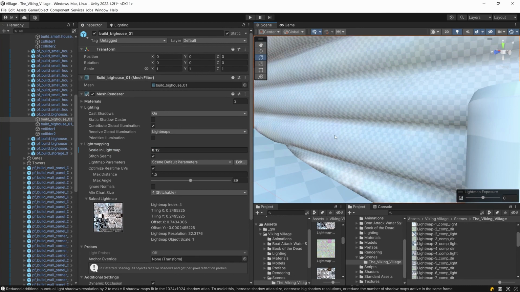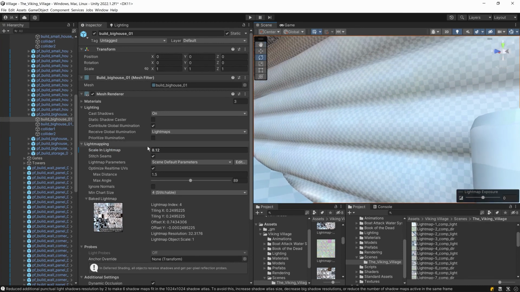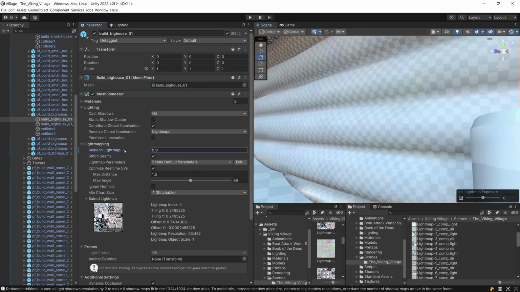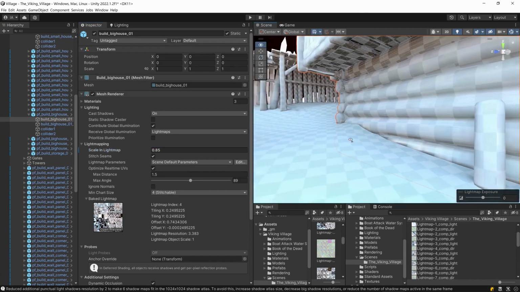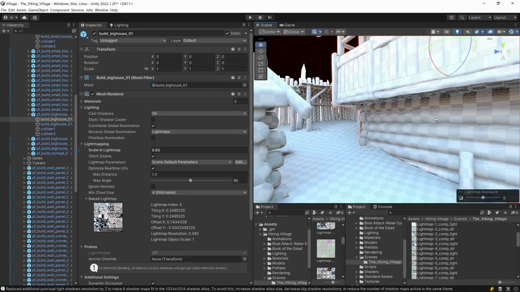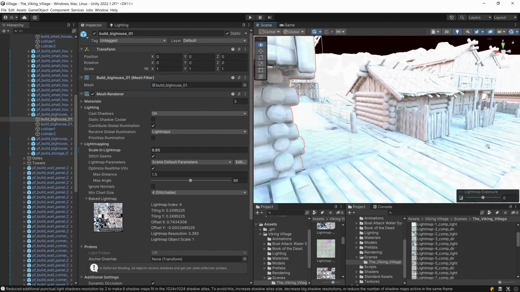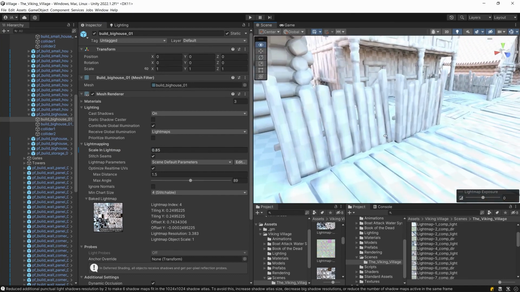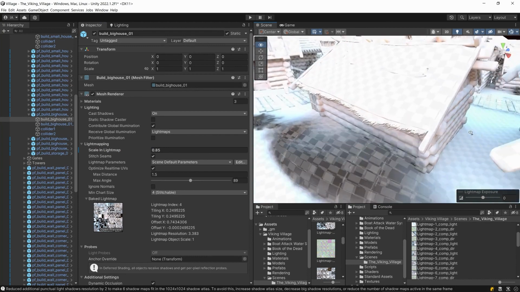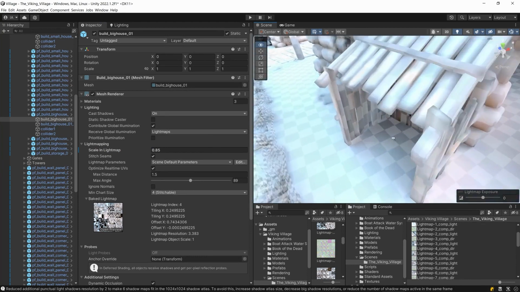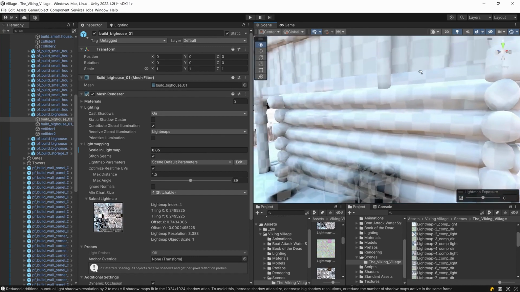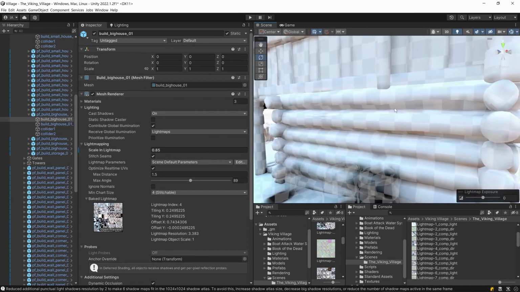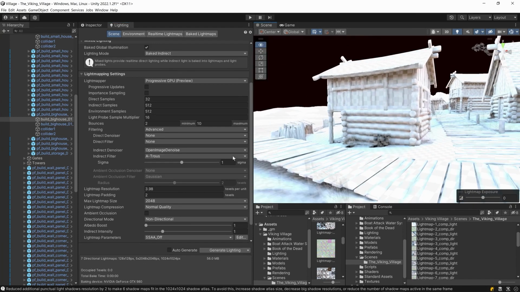Those kind of objects are the first things that you should focus on. You should select them and reduce their resolution to be more fair towards all the other objects that are also going to be sampling from the light map. And once you've ensured that your scene and your objects have more or less equal resolution of light map on them, so the checker looks the same on all of the objects, then you can say that they've been treated fairly, and you are able to come back into the lighting and only then increase the light map resolution like this,